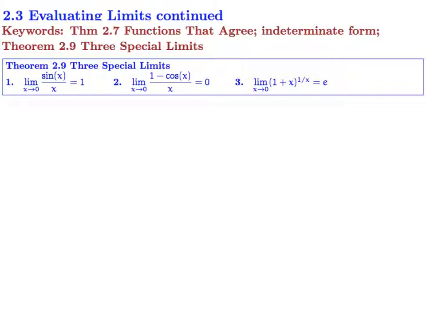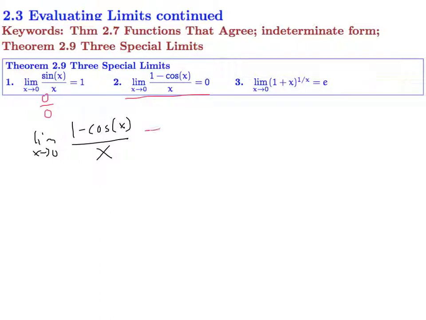The first one says the limit as x approaches 0 of sine of x over x equals 1. If you directly substitute, it's definitely an indeterminate form, and you do have to go through a bit of work to see that it actually is 1. But rather than going through that, let's see how to make use of it in looking at problem number 2. In problem number 2, we take the limit as x approaches 0 of 1 minus cosine of x